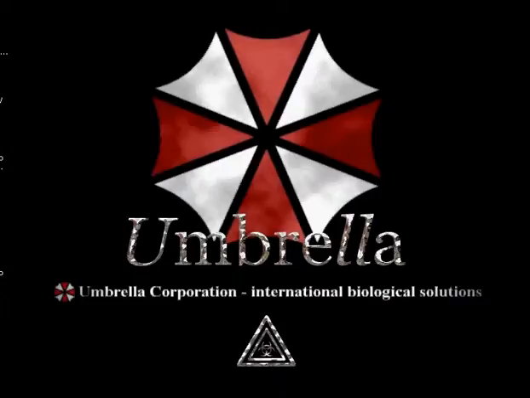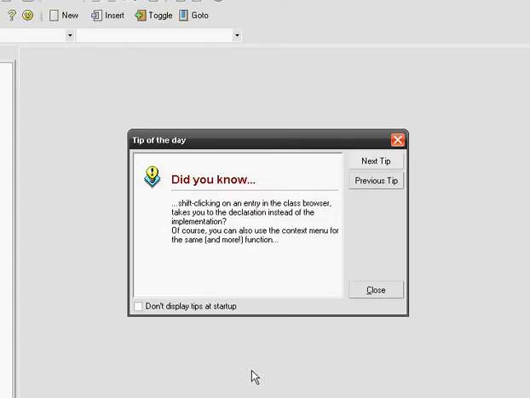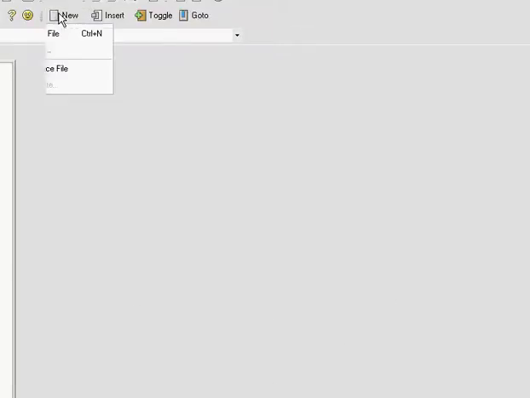Today we'll be talking about variables. So let's start up our IDE update. I've got Dev C++ now instead of Code::Blocks. So let's start with the coding. Today we'll be learning about